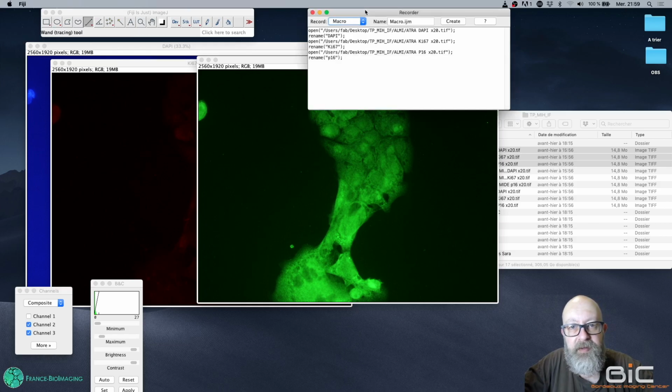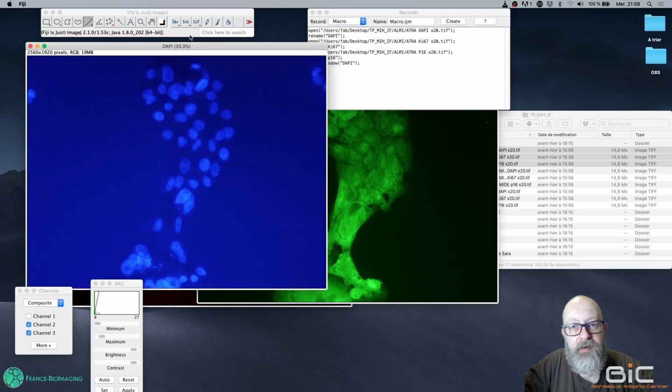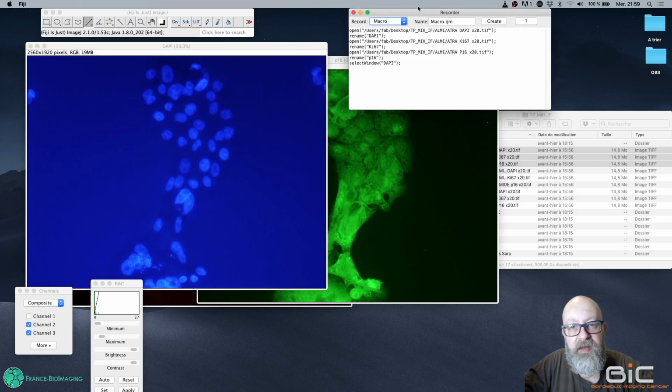You see that it has been recording the fact that I did open the first image, rename, open, rename, open, rename. Then I click on DAPI and it's recording that I'm selecting the DAPI image